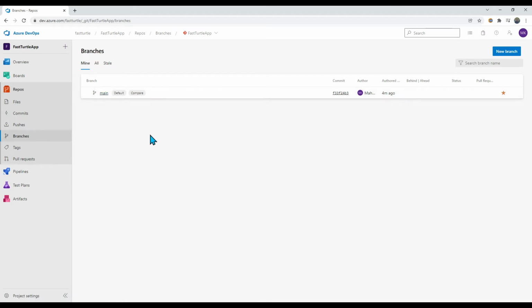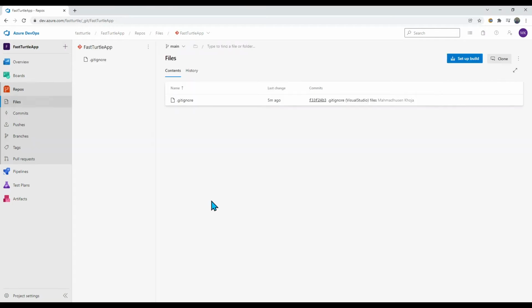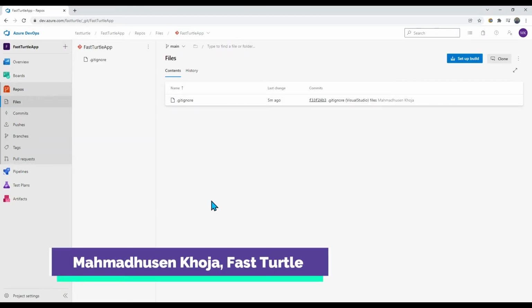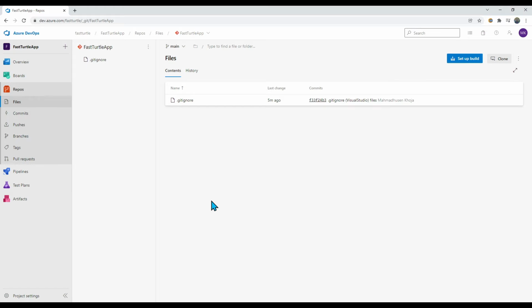Now, in a real life scenario, you will want other branches like a staging branch, production branch, QA branch, or whatever branch you are following in your organization. So before moving ahead with the branches, let us create an application on our local development machine and then push it to the branch. In the last video, we saw how to create an organization and how to create a repo in it. And we also added a git ignore file so that we can utilize it in Visual Studio. In this video, we will see how to clone the repo and how to push the initial code which we will create in this video itself.